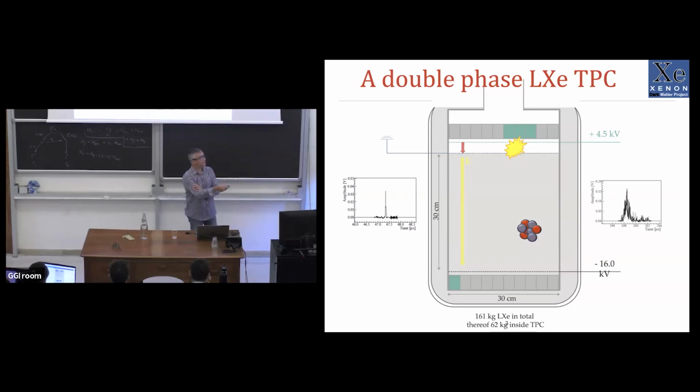Here there is a second electric field that is larger. It is enough to extract the electrons from the liquid to the gas phase and accelerate them in the gas. With this acceleration of the electrons in the gas, there is the continuous excitation of the atoms of the gas phase, and this leads to a second light signal,